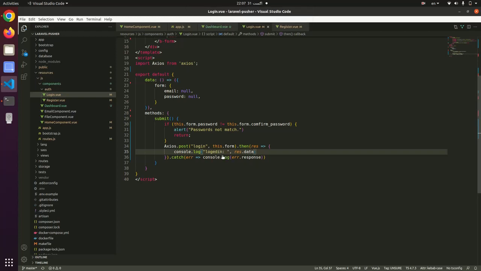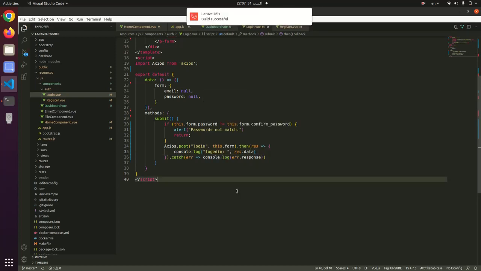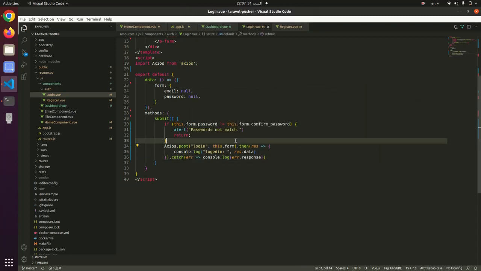Logged in. Okay, actually we are not going to log in this way, we will use vuex, but for now I will write like this to complete the logic. Okay,